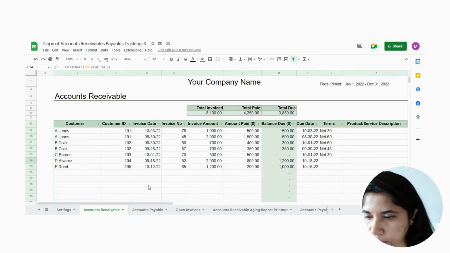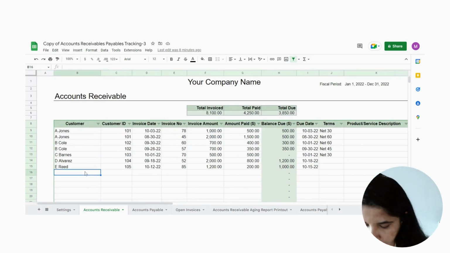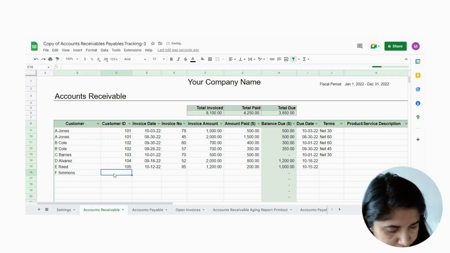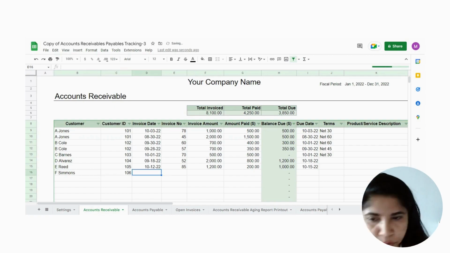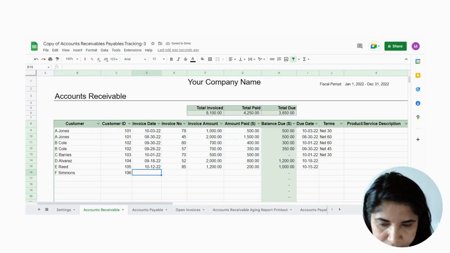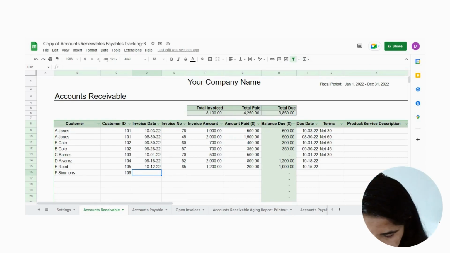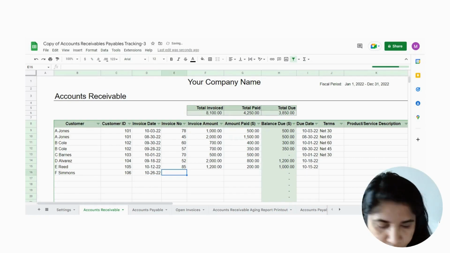So let's do an example. Let's enter a customer name. Let's say F. Simmons. We put an ID, let's say 106. You do not have to if you don't need to. Then we go into invoice date. Let's say it's today's date, October 26th. The invoice number,